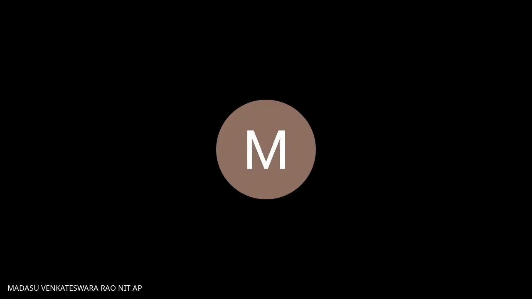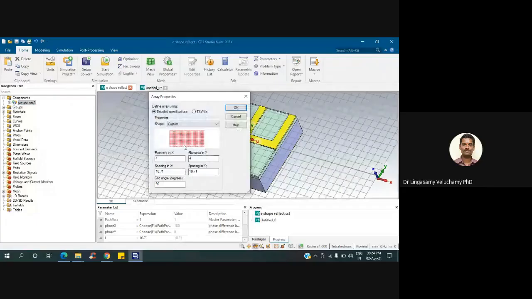Yes, sir. See, all the elements' unit cells are not the same size, right? One may be 5.8, one may be 7.1, one may be 10.1. So it will not overlap. It will never overlap. According to the phase, if you calculate, the unit cell somewhere will come 5.2, somewhere like that.